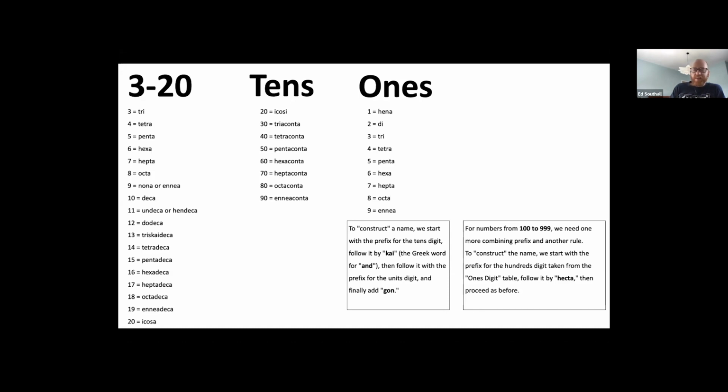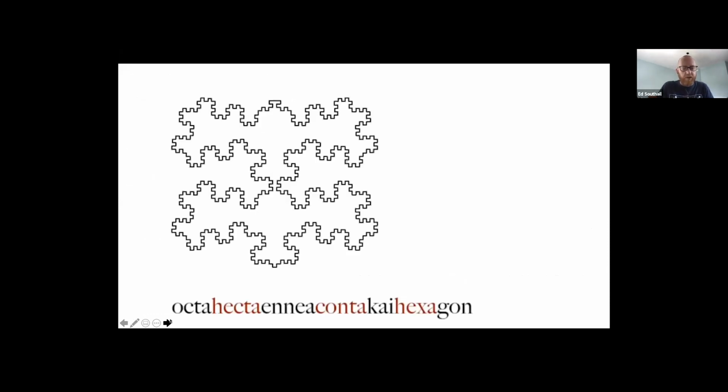Now, I doubt that's even going to come up in a pub quiz, so we're reaching new levels of geekery here. But I kind of find it fun, and it's just a bit silly, really, isn't it? Last one before we move on. I think I'll be sharing these slides after this anyway, so usually people try and take a quick picture of this because it's unusual to see all these laid out like this, but I'll just share it freely, don't worry. Here is an octa hecta enia conta chi hexagon.